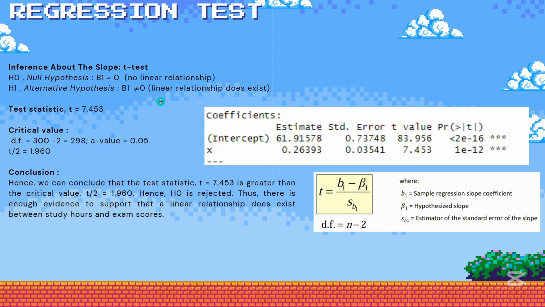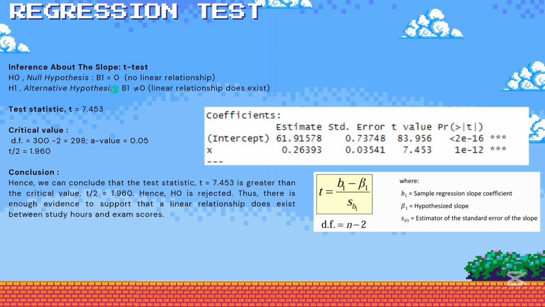And then we calculate the test statistic. This is the initial equation if we are calculating manually, but we use RStudio software, and we can obtain the value by looking at this one,